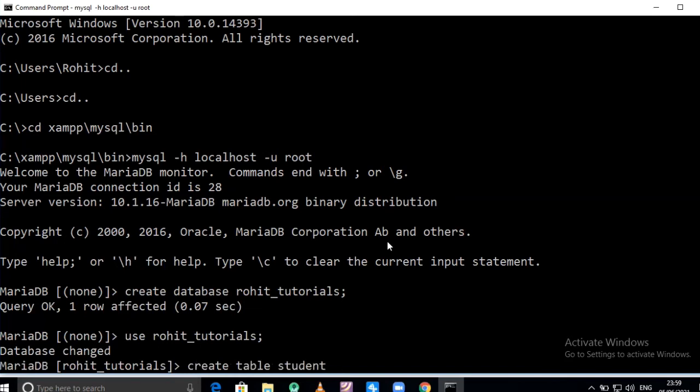In that, as we have already seen, we require roll number, second is name, third is email, and fourth is address. For roll number, R_NO, the data type is integer and it is the primary key.